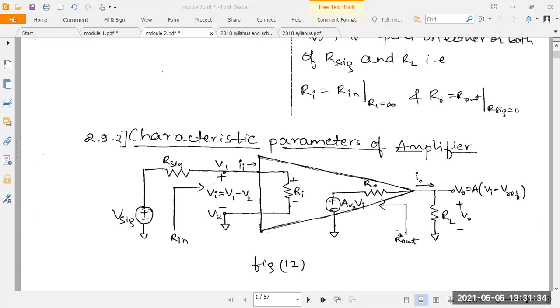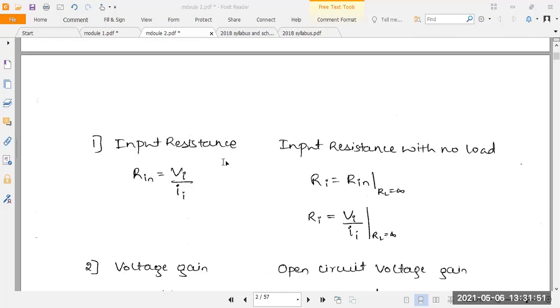So when you come for the analysis of an amplifier, you have to consider the internal parameters and the outside parameters. You have to find out both internal and outside parameters here. Understood? So here they have taken equations. You have to find out the parameters. You take them according to Ohm's law.